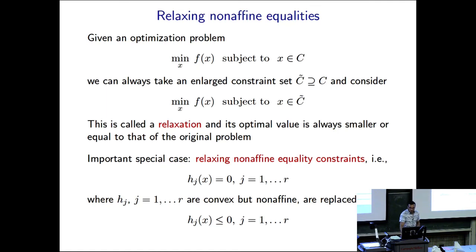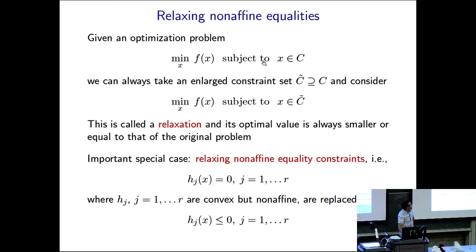So how would we deal with non-affine equality constraints? This follows from a general perspective that we take that has to do with convex relaxations of problems, hopefully something we'll revisit towards the end of the semester. But in general, if you ever have a problem of this generic form,